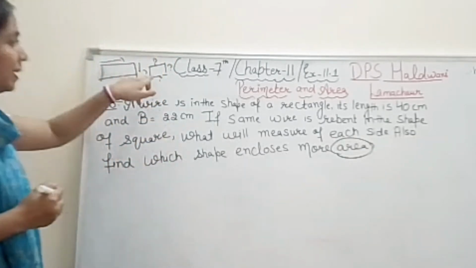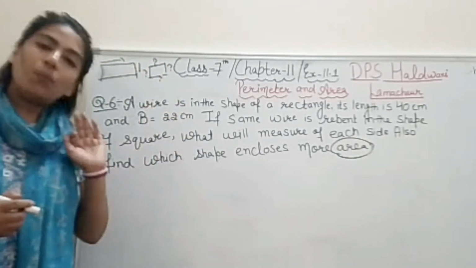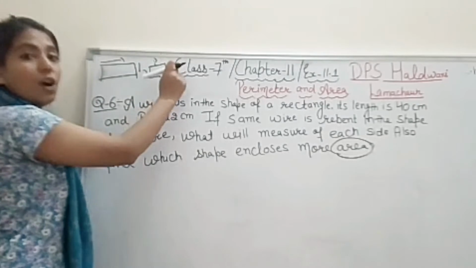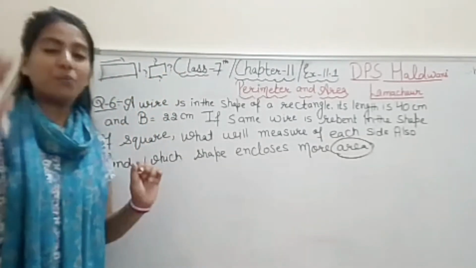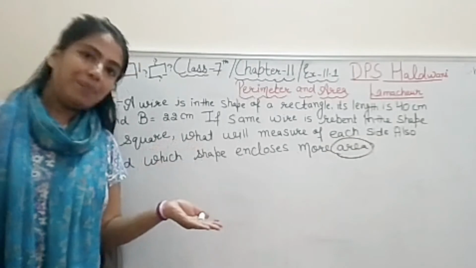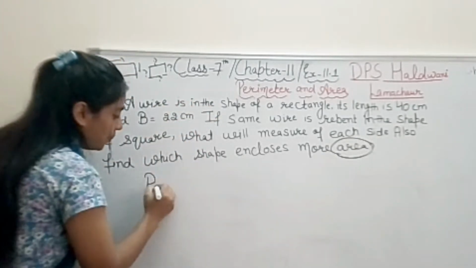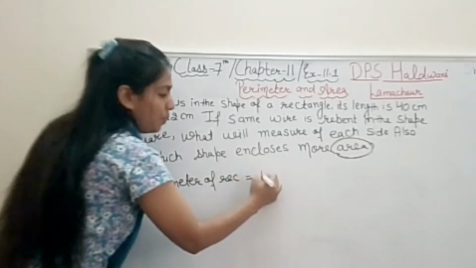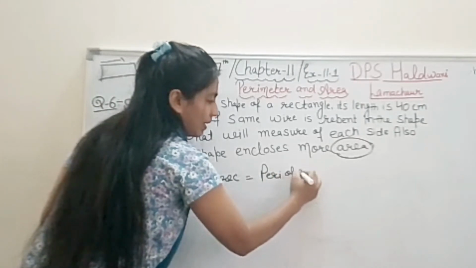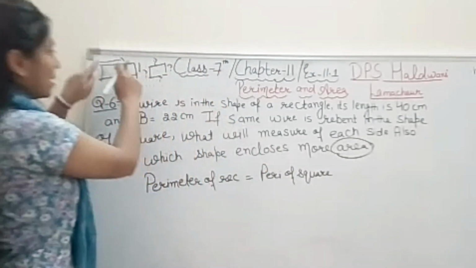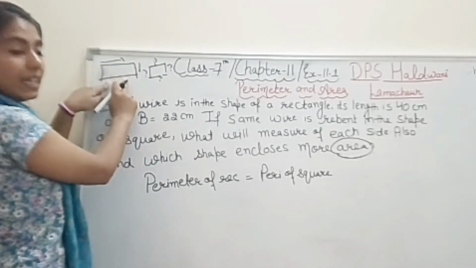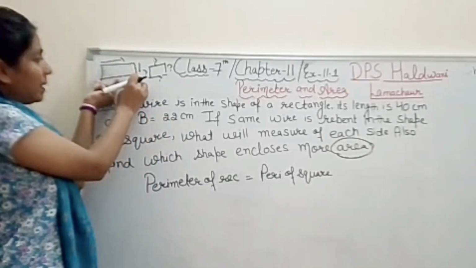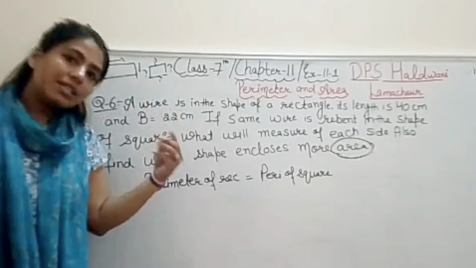But first of all, to find out the side of a square, what do you have to find out? See, rectangle. Side is asking means outer side. So when we talk about the boundary, then it means it is perimeter. So it means the question is given to you, perimeter of rectangle is equal to perimeter of square, right student? Why? Because whatever perimeter is there for the rectangle, by bending this only we have made the square, right? It means whatever perimeter is available for the rectangle, the same for the square, right?